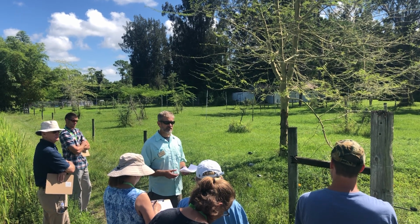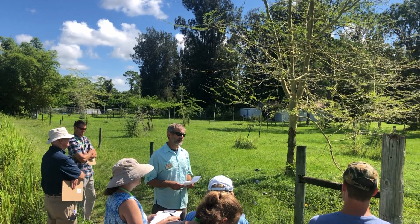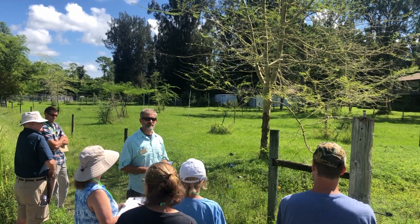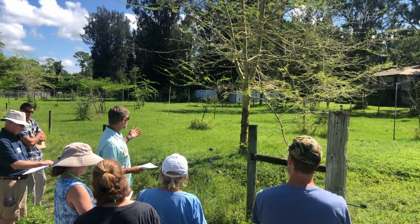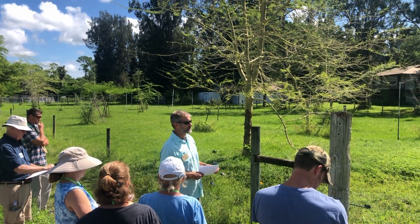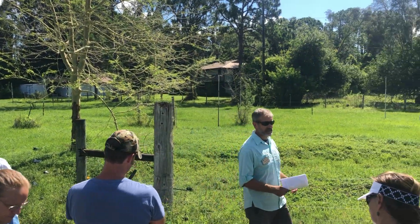So something to consider if you're looking at silvopasture. And we went the thorny tree route, but I think our management still wasn't there to really protect these trees. Now we're not losing all the trees. There's still some that are doing pretty well, but definitely these trees got hurt by the cattle. Anyway,